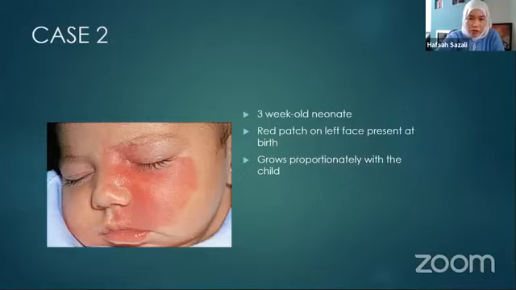But the key is the history. So infantile hemangiomas are actually subtle or absent at birth. Even if it's there, it's quite subtle, and then they have the rapid growth phase